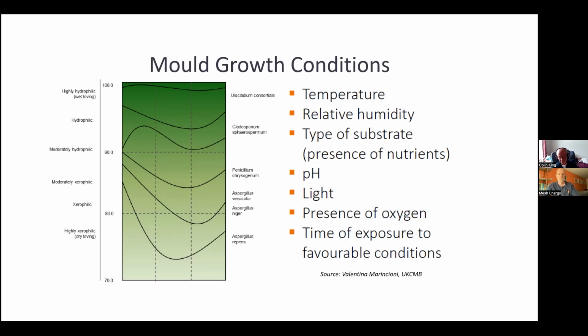The trouble is that they rely on having one RH logger, and the location is always put in which is convenient for the electricity meter, not for the area of the building which has the highest level of risk of relative humidity, which is why I like the AmbiSense system, because it gives you small sensors which can then send data back to the management system from various locations. And if you understand the type of building and where the high risk is, because it's not that difficult to understand the buildings that are most at risk, you can put the sensors in there